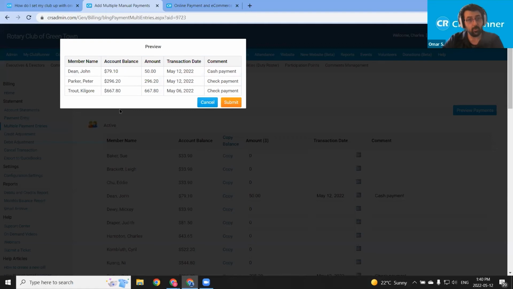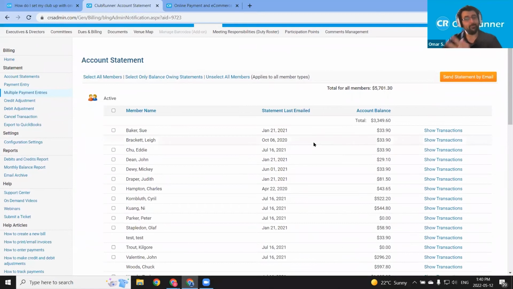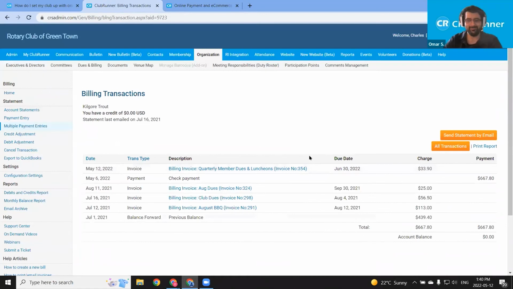But we can review the payments we're entering and then click this orange submit button. Let's go ahead and submit the payments. There we are. So we're going to check on Kilgore's account to make sure that that payment was entered. Here he is, Kilgore Trout. We can see that automatically his balance has been reduced to 0. If we click show transactions, we should be able to see that check payment comment that I entered for May 6th. We dated it earlier and the full amount